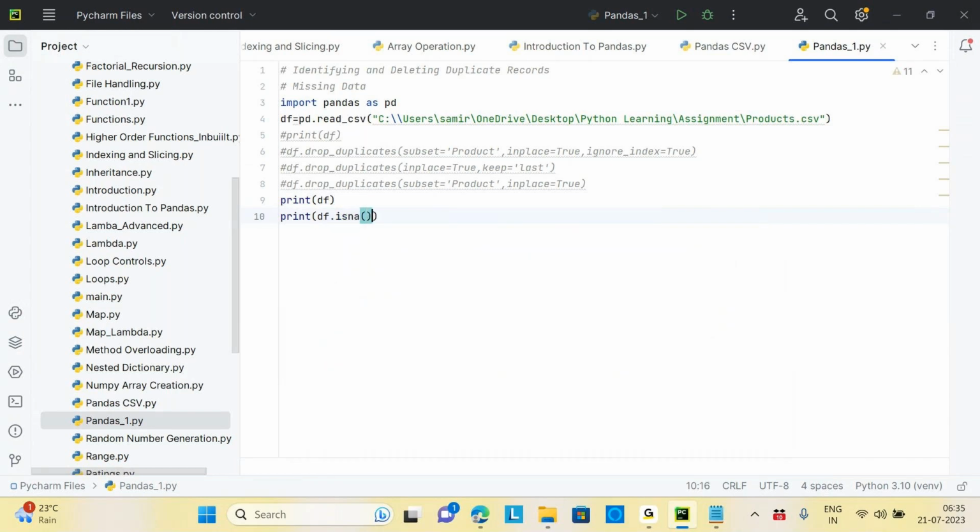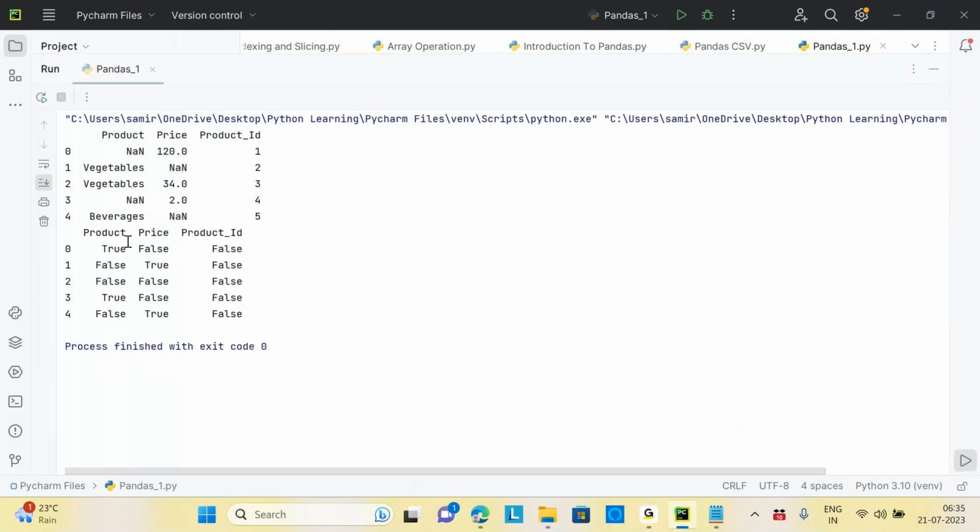The isna function is a very critical, very important function. It will return True wherever it finds the missing data, the not applicable item, or None or NaN, and the rest of the items it will show as False. So this function gives a boolean expression, True wherever there is a blank, so that I can do something with that. Okay. So if you run this now,